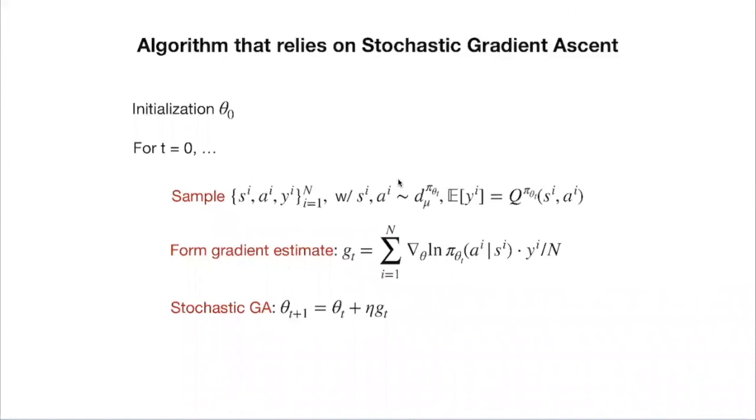Now let's just repeat this policy gradient ascent algorithm. Let's sample a mini batch data set based on the current policy, form this unbiased estimate, and then just do gradient ascent, stochastic gradient ascent. Here I want to say expectation of GT is equal to